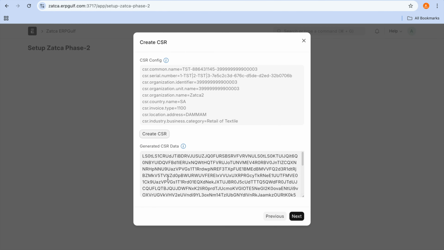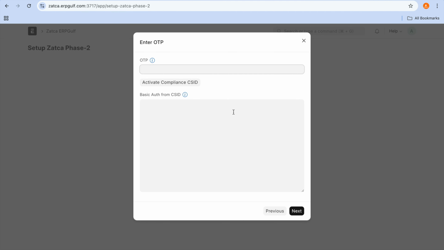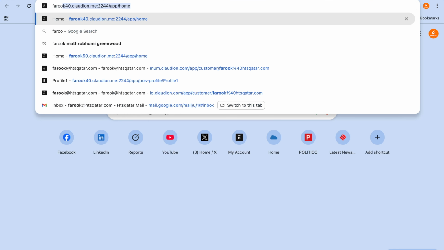It's basically a certificate. So all your submission will be based on this CSR data. So once you create it, then you go next. And at this stage, if you selected simulation or production, it will ask for an OTP. So how you get an OTP, I'll tell you. So here there is